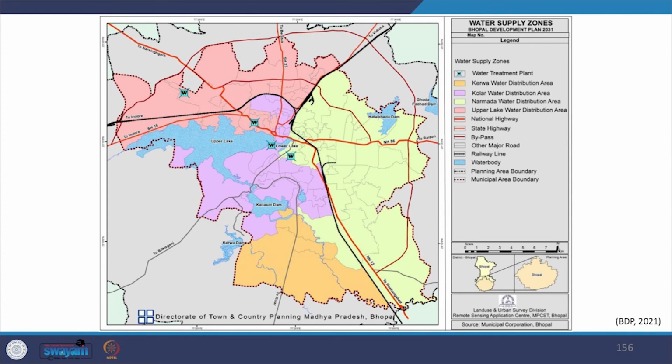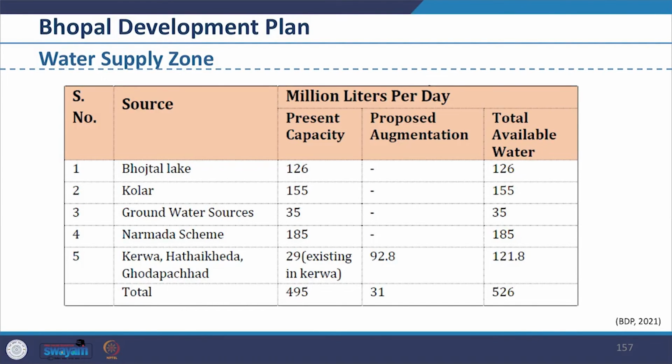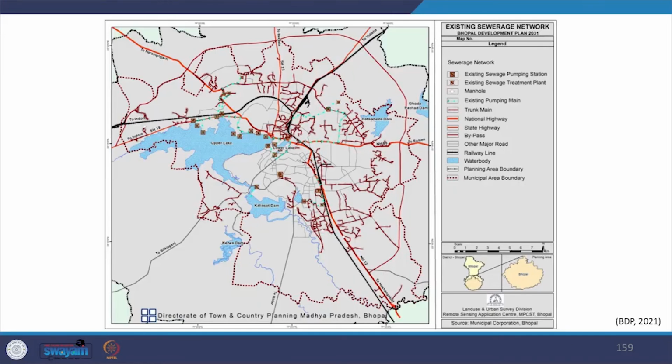You can see all the water distribution areas in this map which has been prepared. We can see in this table different water sources for water availability. Further, we see that sewerage infrastructure is also reviewed, including estimation of wastewater flow, existing sewerage system, sewerage network carried out through Amrut mission in the city, decentralized wastewater treatment system, and thereafter observations and issues are noted for planning purpose.